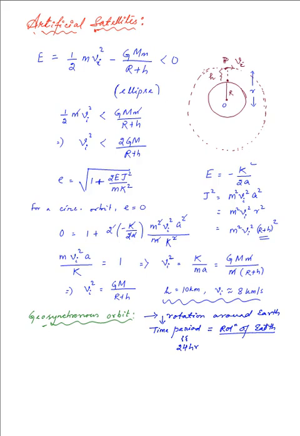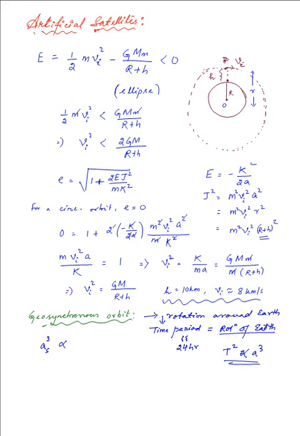Now, this can be easily determined by Kepler's third law, where we take the distance for the satellite as AS, and we know from Kepler's third law that T squared is proportional to the cube of the semi-major axis. And here the semi-major axis for the satellite that we are putting as AS, so the cube of that is